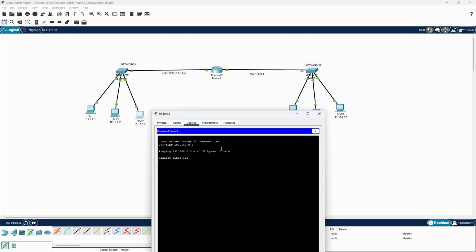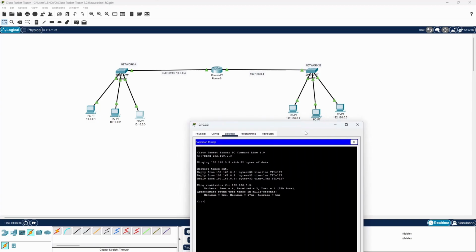Not pinging. It's okay. Now it's going through. We sent 4 packets and 3 were received, so that means it worked. 1 loss, so it depends. The one that was lost, we can also ping again. I think this time it will go, so let's ping again. Ping the same IP address,